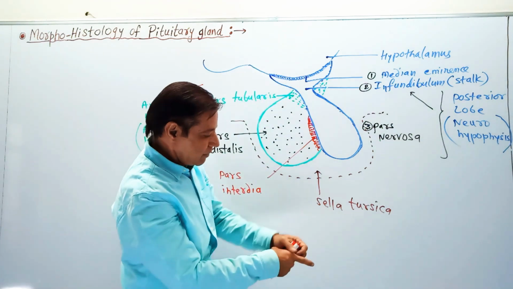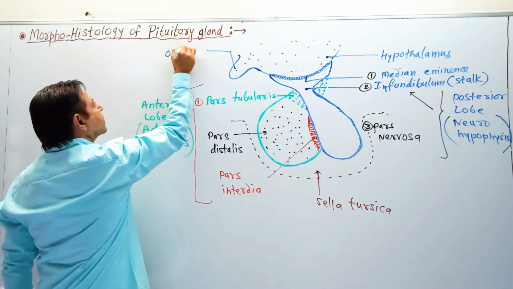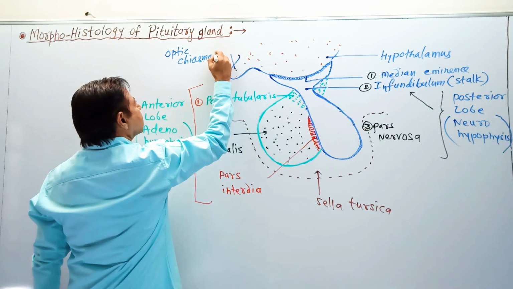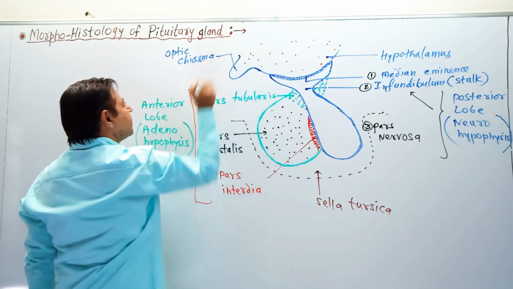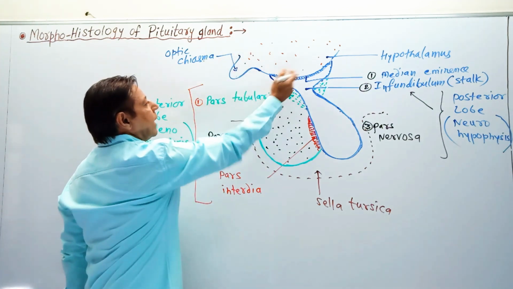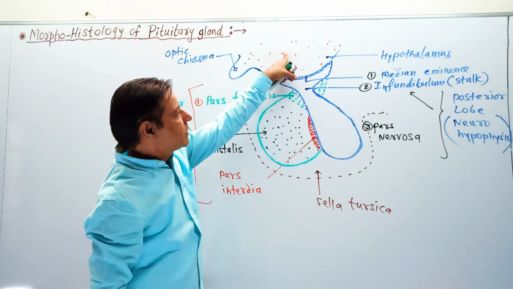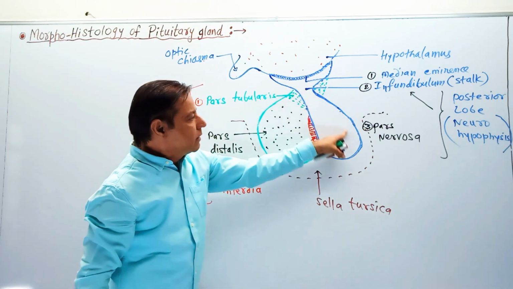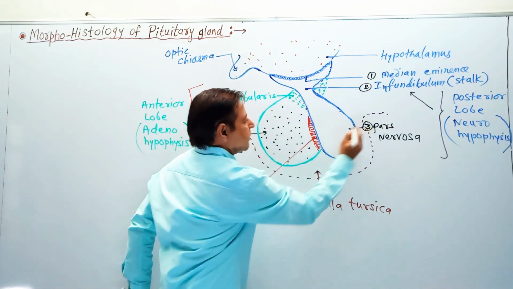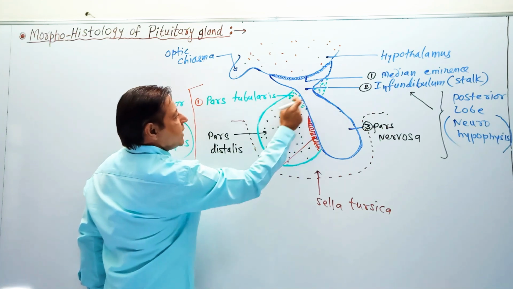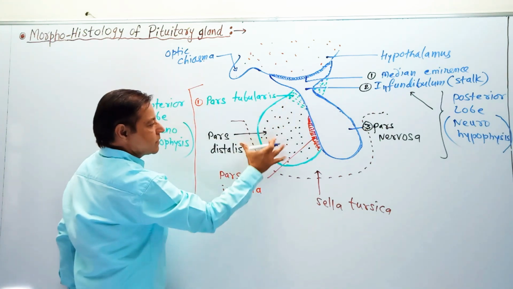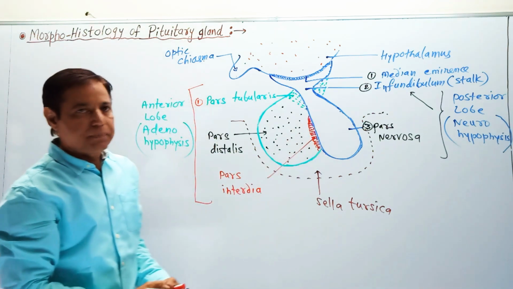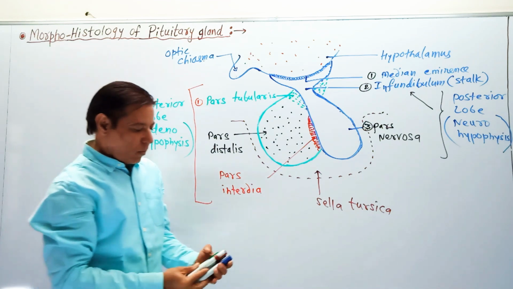This one is the hypothalamus. This is the optic chiasma, and this part is the hypothalamus. Median eminence, this is the infundibulum, then pars nervosa, then pars tubularis, pars distalis, and this reddish part, pars intermedia. Okay, now